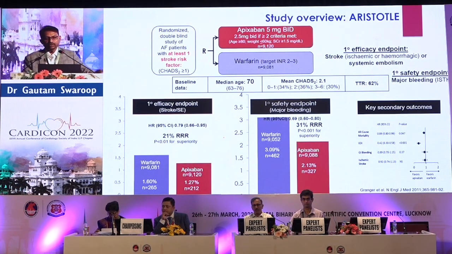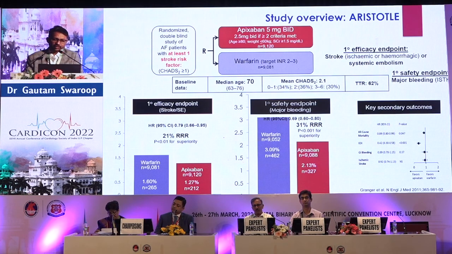Now I will come to the data that validates the role of apixaban, which was taken from the ARISTOTLE trial. It was a big trial comprising 18,000 patients, and the dose selected was 5 milligram BID. The 2.5 milligram BID dose was selected by criteria known as the ABC criteria: age more than 80, body weight less than 60, and serum creatinine more than 1.5. Then you can choose the 2.5 milligram BD. So it was compared with warfarin,